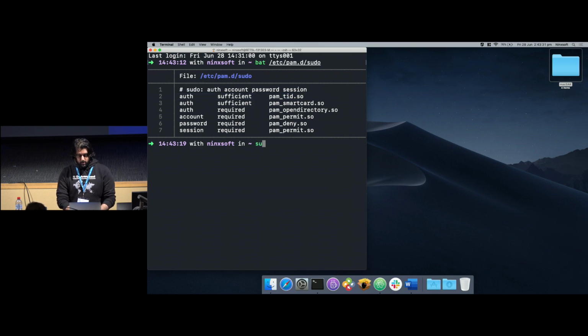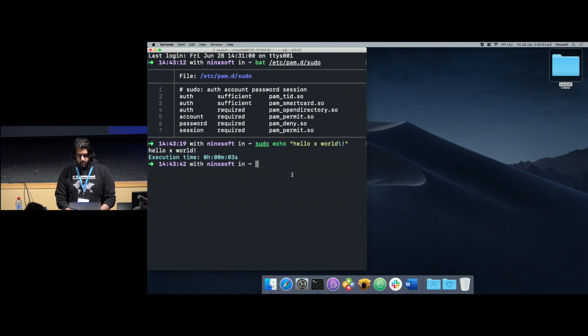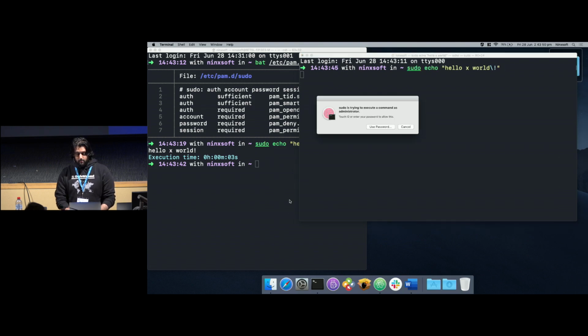So if we have a look at an example, I just want to say sudo echo hello world. I get that little prompt. I put my finger on. Happy days. If I open up a new terminal window and do the same, but this time I hit cancel,